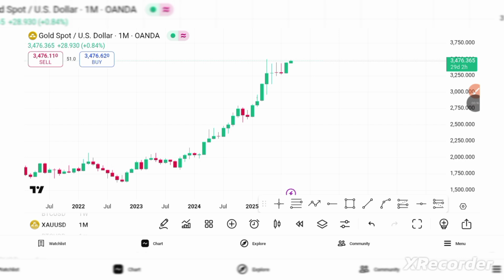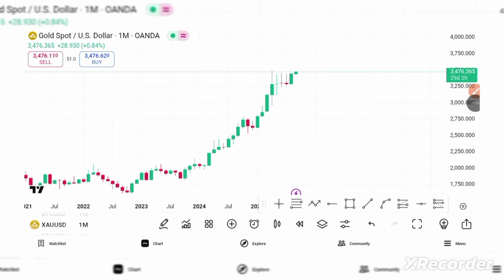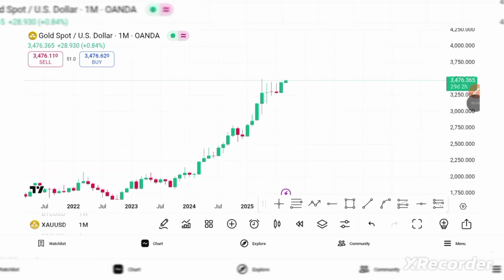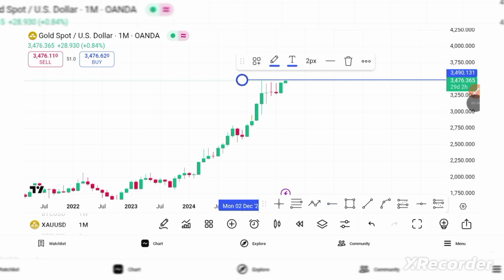So right now, this is the daily, this is the monthly time frame, and what my analysis is telling me is that gold wanted to take out this high. Okay, don't worry, we will see that. It wanted to take out this high